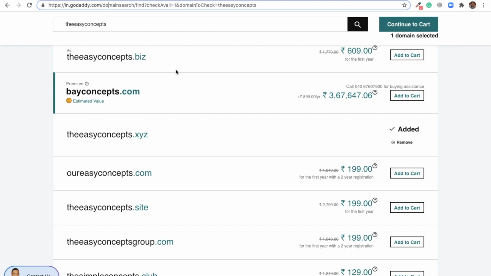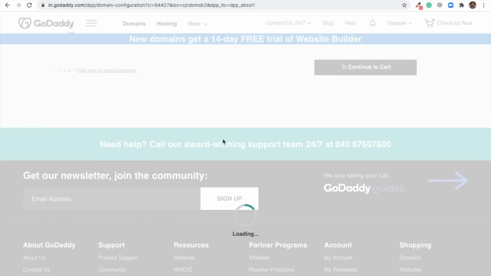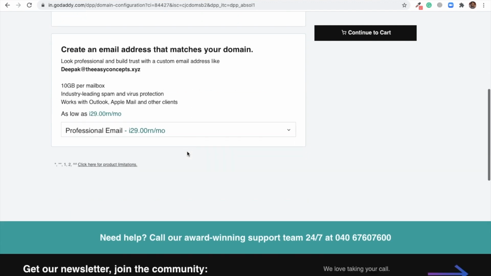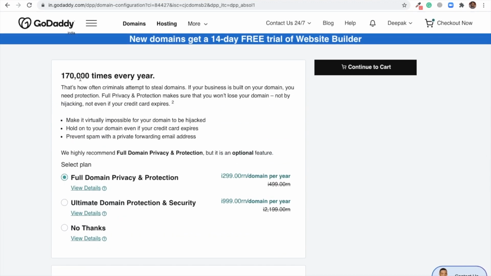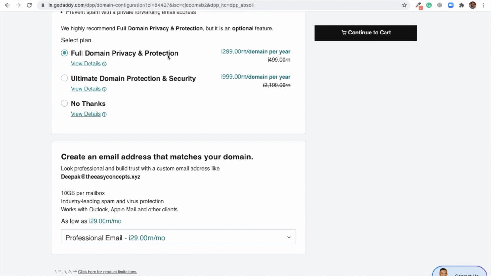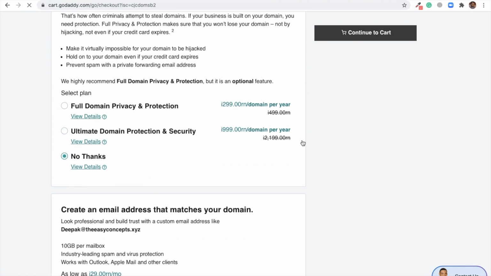Clear? So let's go to the cart, and now it is asking a few more things. Full domain privacy and protection, I don't need this. I'm saying no thanks. Then continue to the cart again.